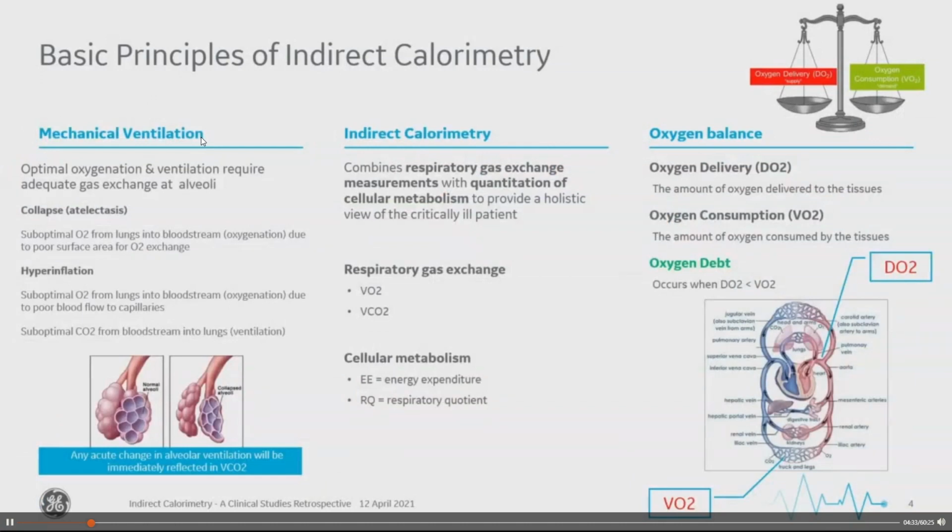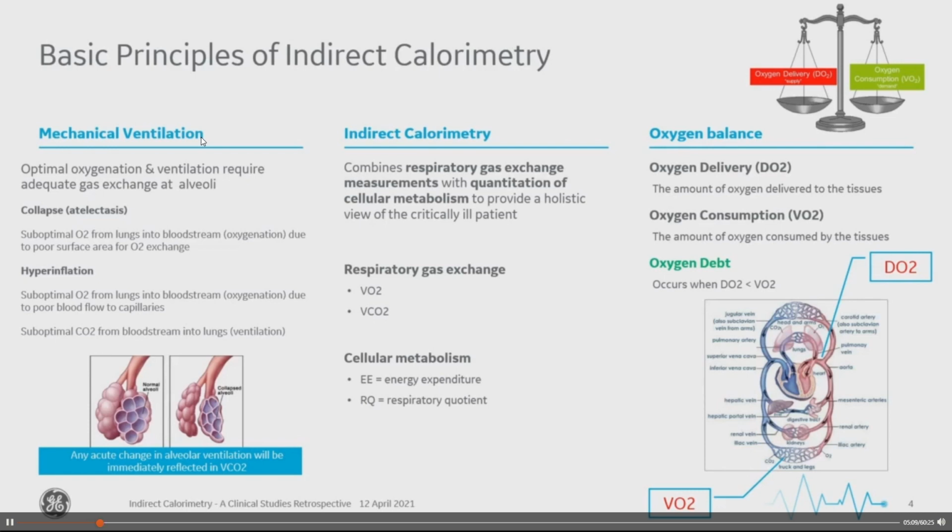So let's proceed. The basics of indirect calorimetry. If we start from left to right, we have mechanical ventilation. With mechanical ventilation, there's a requirement to have optimal exchange of oxygen and CO2, or optimal oxygenation and ventilation, to be able to facilitate gas exchange. When that is compromised during hyperinflation or under suboptimal ventilation, there could be collapse. And any of those things can be affecting the oxygen exchange, and hence measurements of, say,